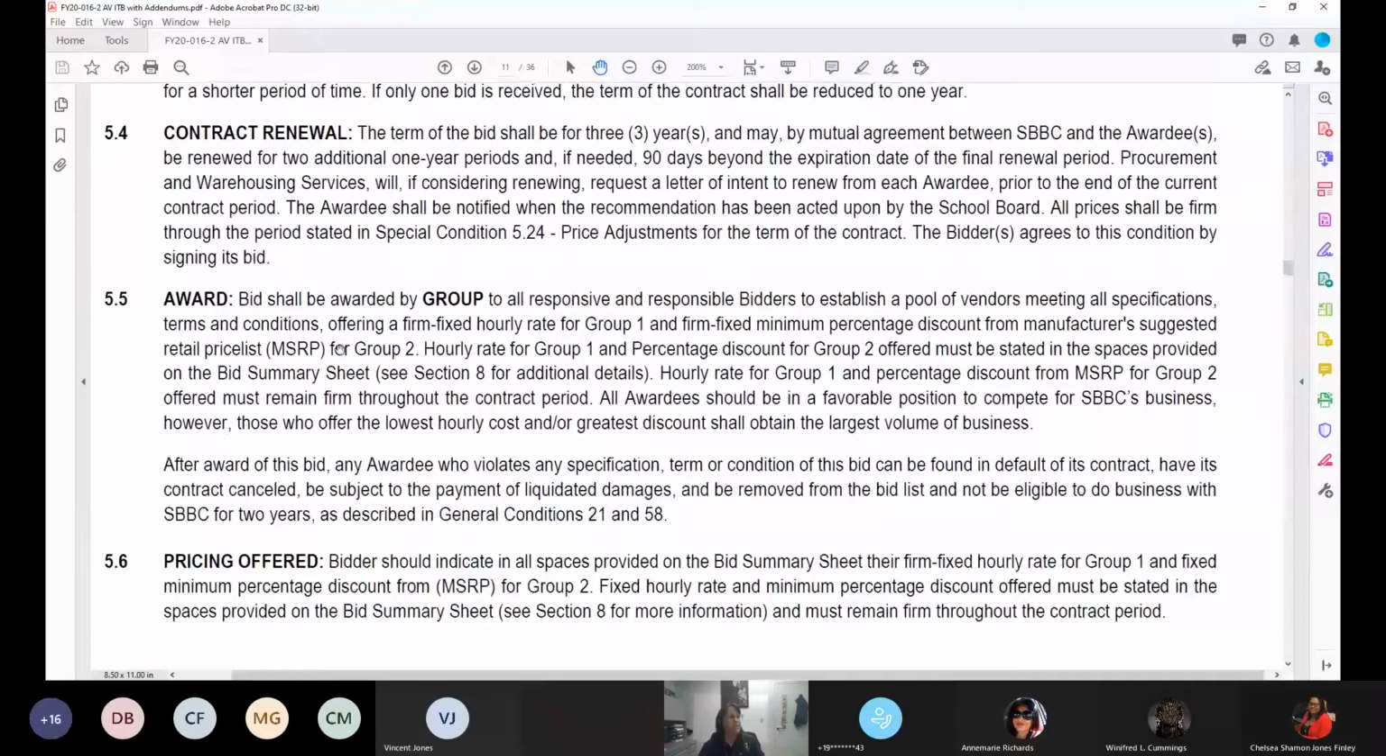The next section is really interesting, where it talks about how the bid will be awarded. And this is going to be different for every bid. So take the time to read this so you understand how it will be awarded. In the particular situation that this bid had, it said that the group would be awarded by group to all responsive and responsible bidders. It was to establish a pool of vendors, that we wanted the vendors to have a firm fixed hourly rate, and then a firm fixed minimum discount off the manufacturer's listed price, which is the catalog bid part,